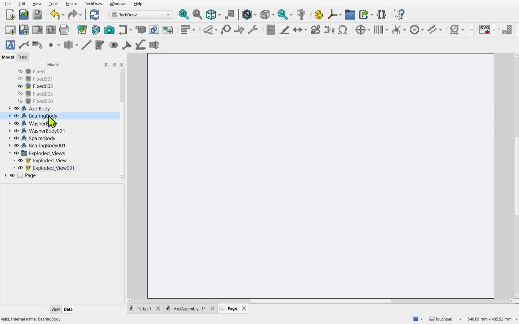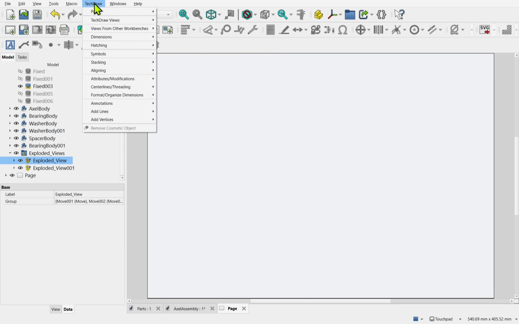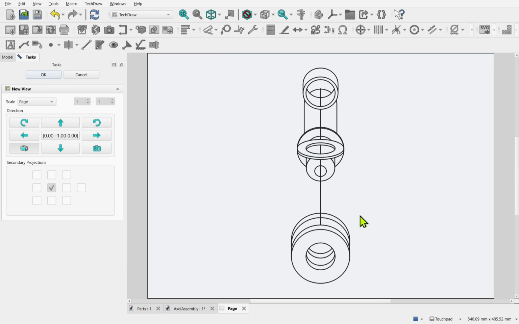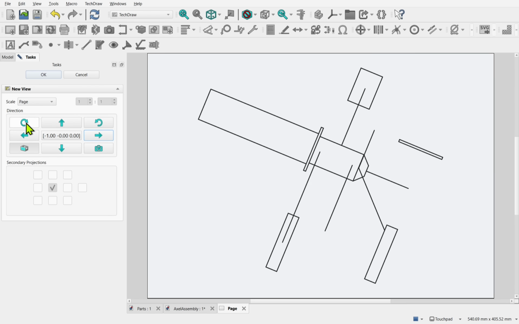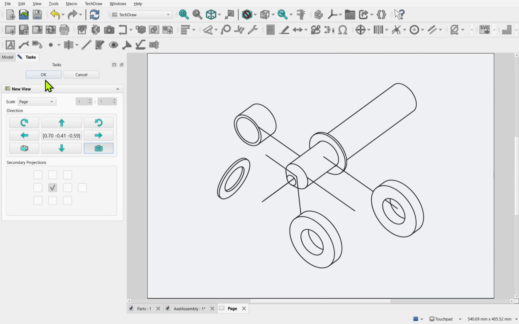If we look in our tree view, we see we have the exploded views in here. I can pick one, let's say our first one, and using the button on the toolbar, TechDraw views and new view, we get the view that we selected added to the TechDraw document. And we can select the different views from different sides. If I hit OK